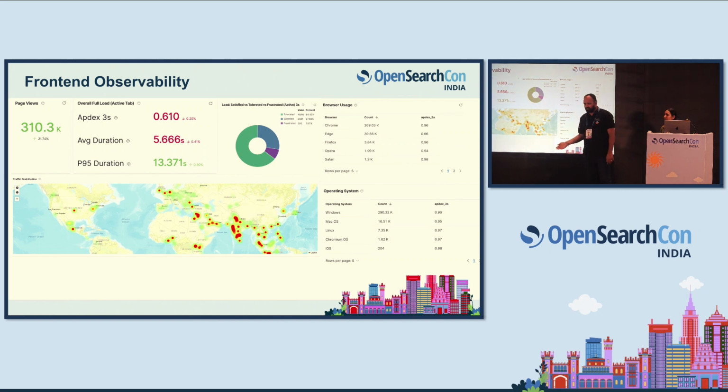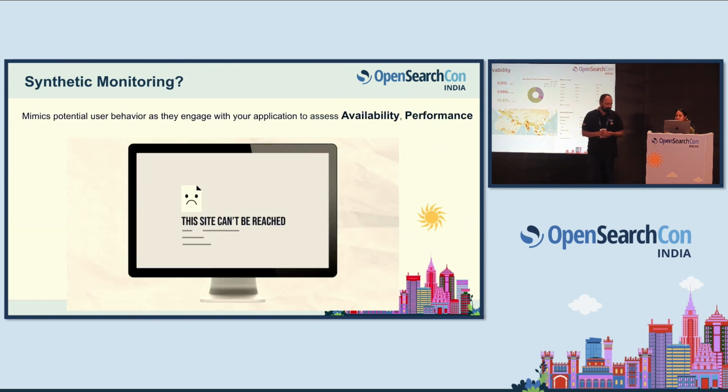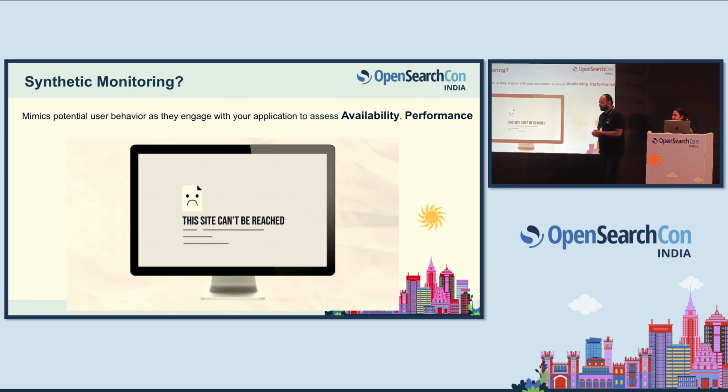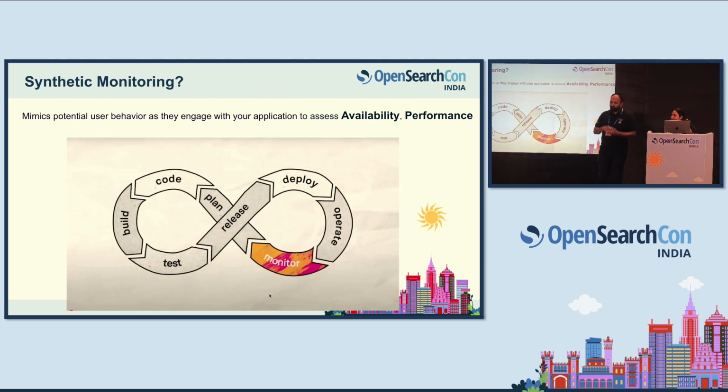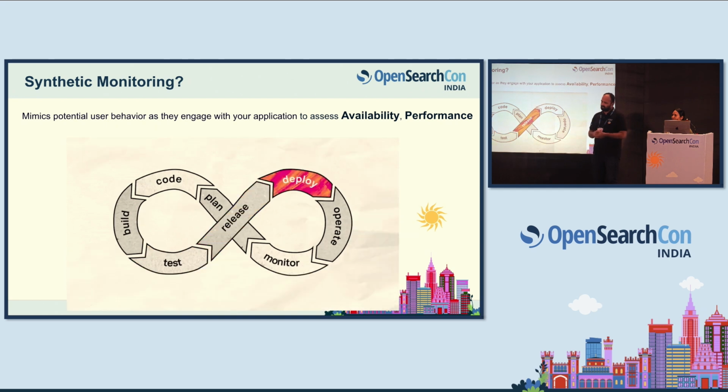Then the question arrived, we are covering all aspects. We have covered front-end, we have covered back-end, we have covered systems. Still we had issues because we are all in agile methodology. We plan, we code, we test, we deploy. This cycle continues, keeps on going. Somewhere it breaks. We wanted to know immediately whenever it is breaking. Then came the game changer, synthetic monitoring. We wanted synthetic monitoring because we can mimic the user's behaviors. We wanted to mimic all user journeys, all these things.